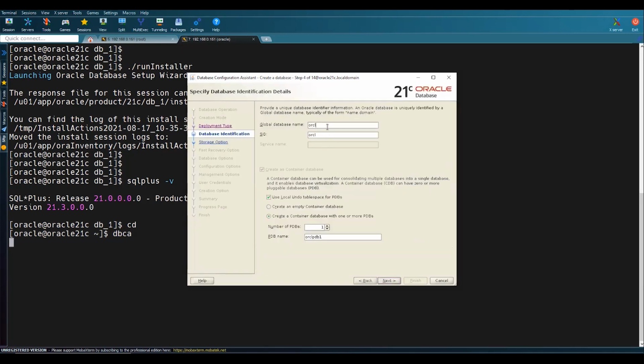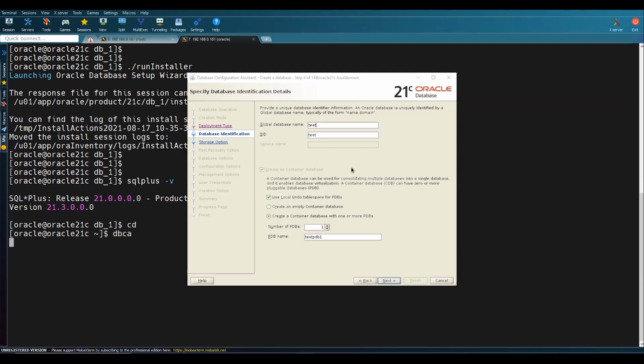After this, you have to provide the database name. In my case, I'll provide the database name as test. And if you want to create a container database, you can go ahead with that. By default, 21C has to be gone through with database creation as a container. So you don't have a choice of creating without a container. This is going to be a huge difference.